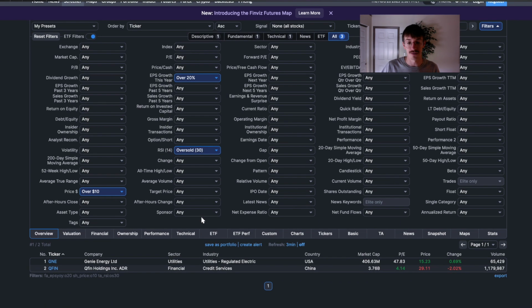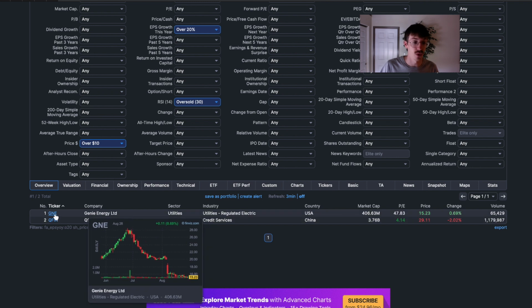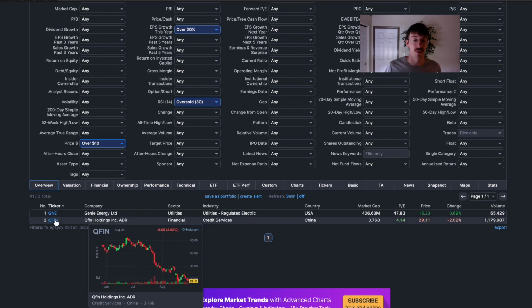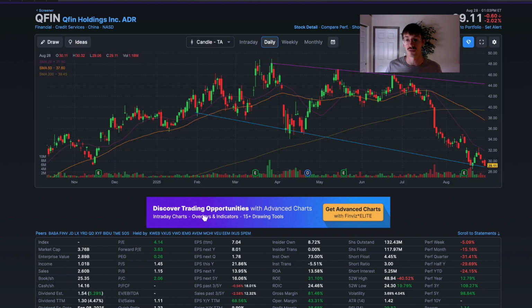And by putting in that information, we've narrowed the entire market down to just 2 setups. Both of these are oversold, and both of these are going to be great potential mean reversion trades. Now, the next step from there is to not just blindly buy your entire position into these oversold stocks, but maybe take a small starter position and then look to add more shares as the setup begins to progress. In other words, once it starts to form some support, it starts to maybe form some higher lows,